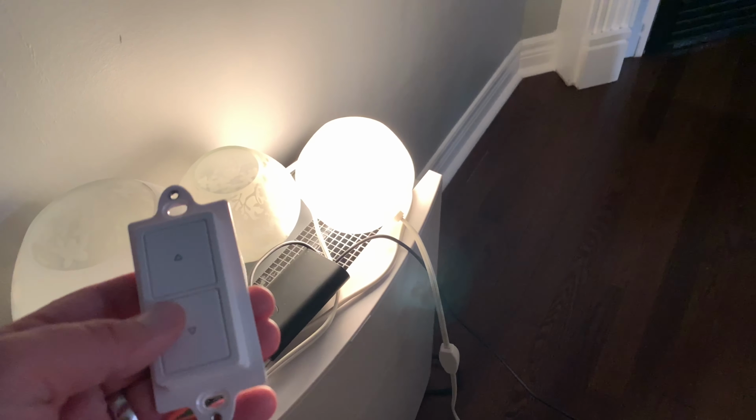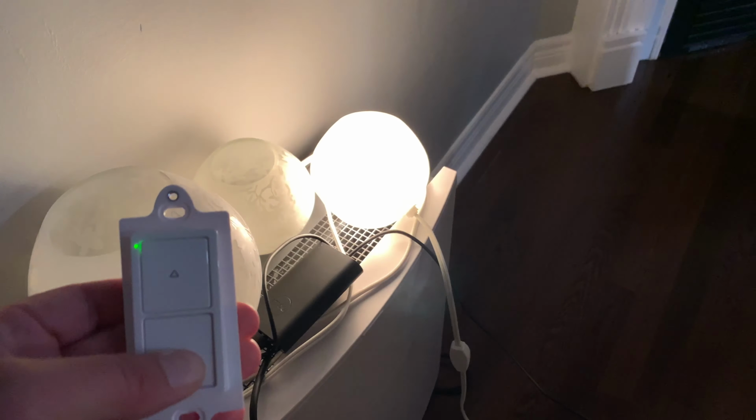Here, watch how fast and responsive it is. Hold down, all the way down. Continuing to hold will actually turn it off to nothing. Well, I guess if you set the Z-Wave parameter for the minimum light level, it's probably just a bulb dependency, not the remote, right? It's probably 1% right now, which should still be on. And then up,